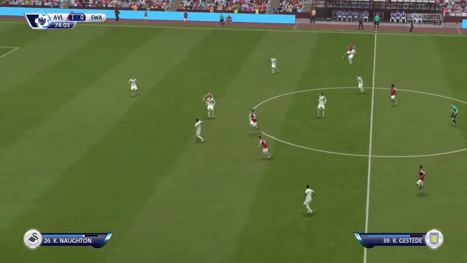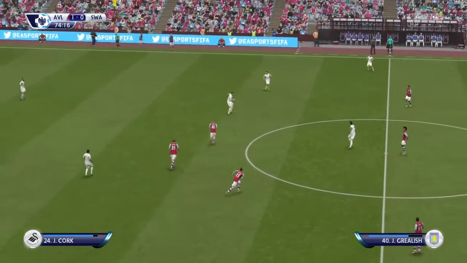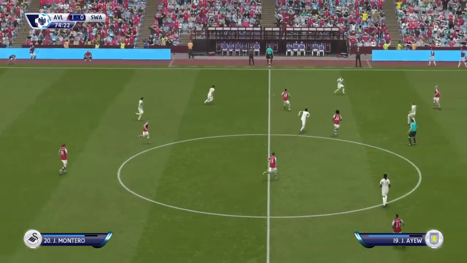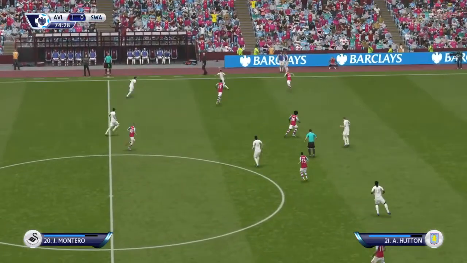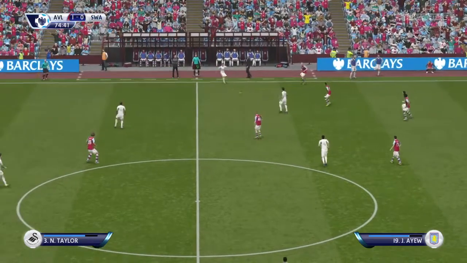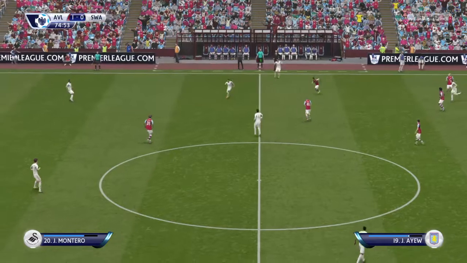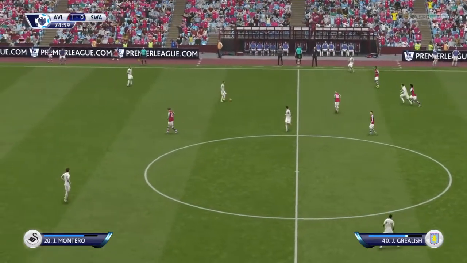Well, now they've won the ball back in the middle of the park by intercepting that pass. Jack Cork. Jefferson Montero. Giving the opposition a problem with their interpassing. Sung Young Ki.